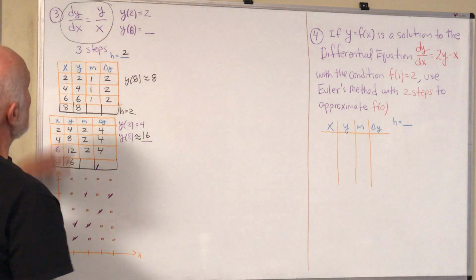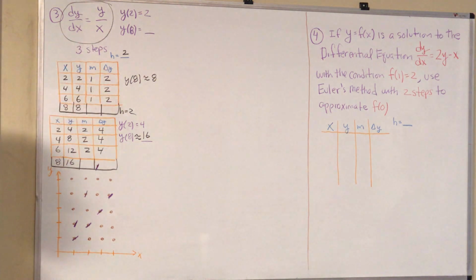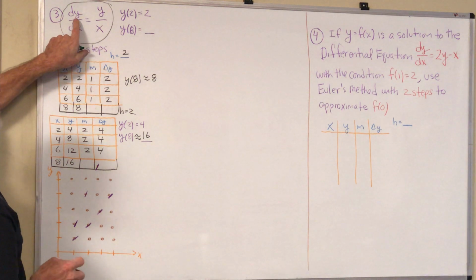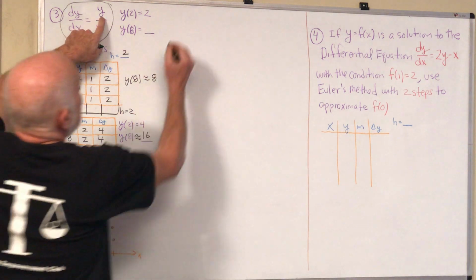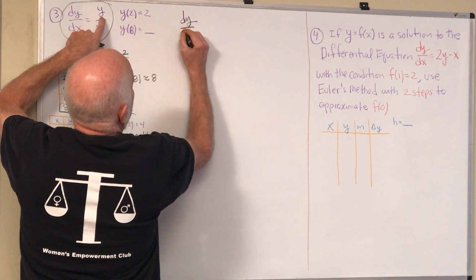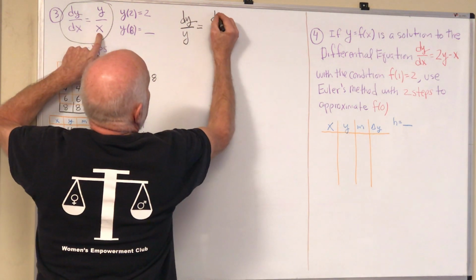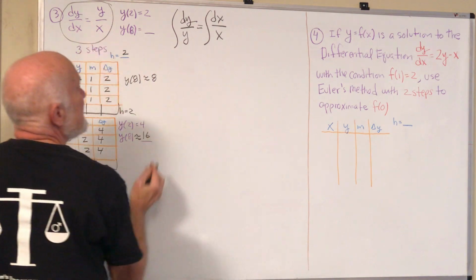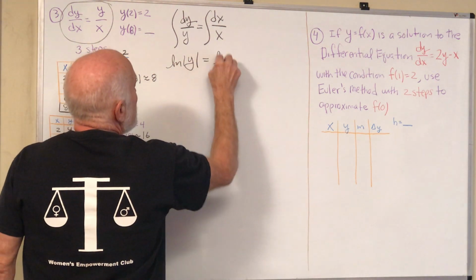And can we actually solve this differential equation to see how good these might be? Well, this is separable. So I could go dy over y equals dx over x. And now, if I take the antiderivative of both sides,